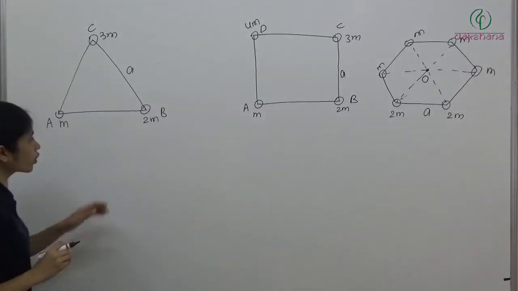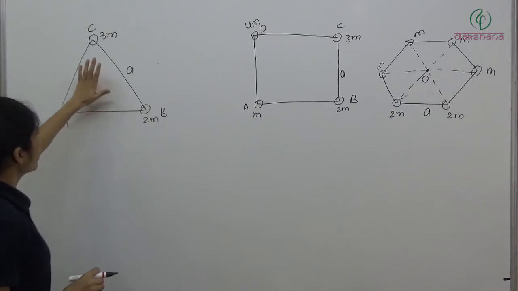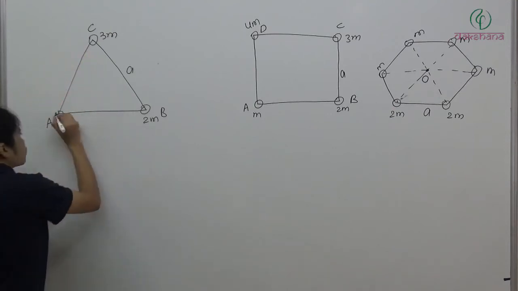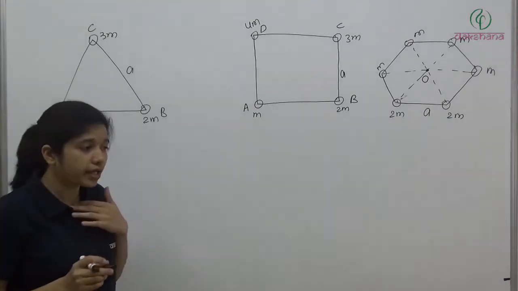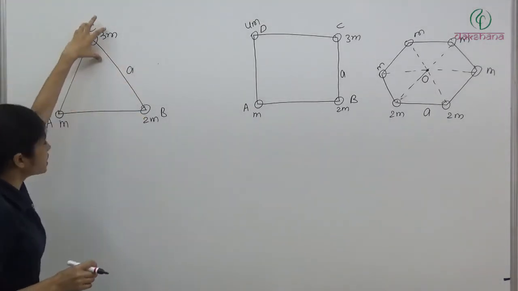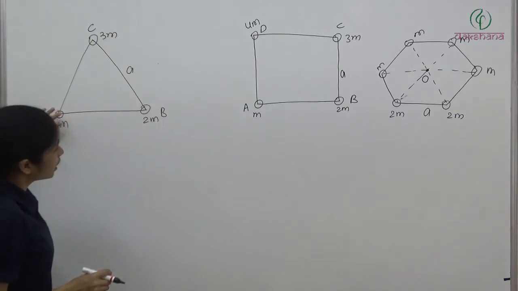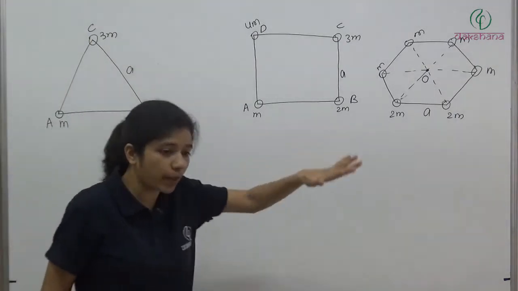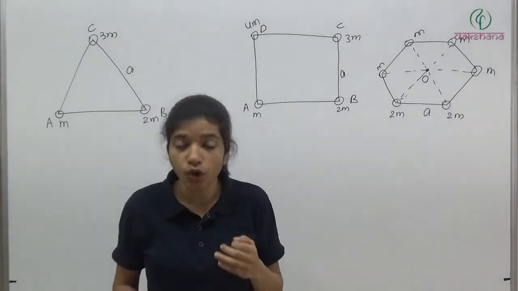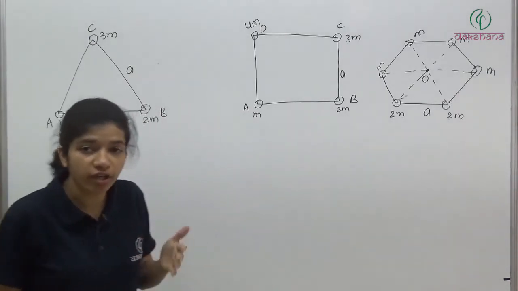So now how are we going to do this? Here we have to find out the location of center of mass from A. So what I am doing, I need the coordinates of C, I need the coordinates of B, because these masses are not lying on a line. They are lying in a plane. So we need to get the coordinates of the masses, and then only we will be able to find it.